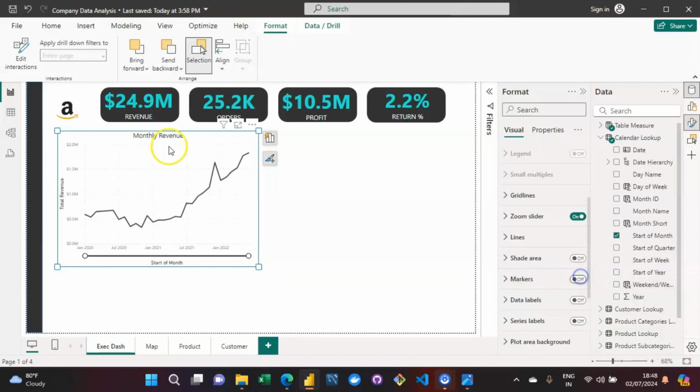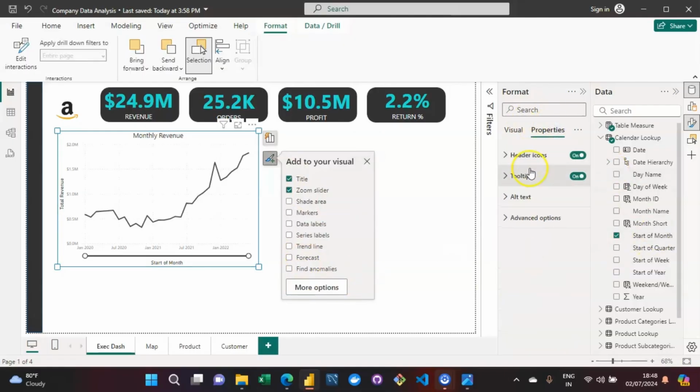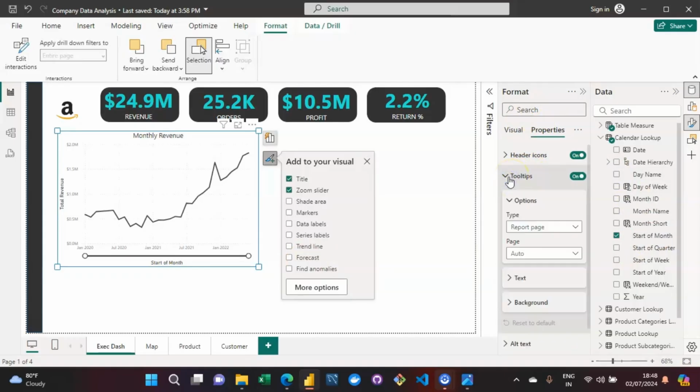And now, over here itself, we can see some more options. Trend line forecast, I don't want to explore at this point. Let me go forward with the properties. So in the properties, you will get to see this tooltips option, right? So in the tooltips,